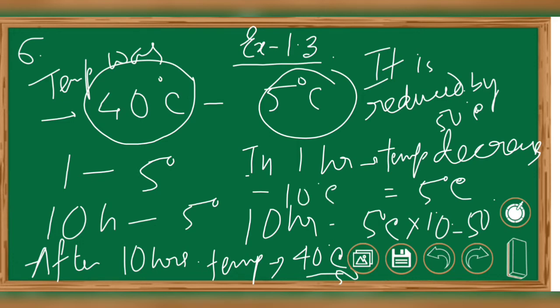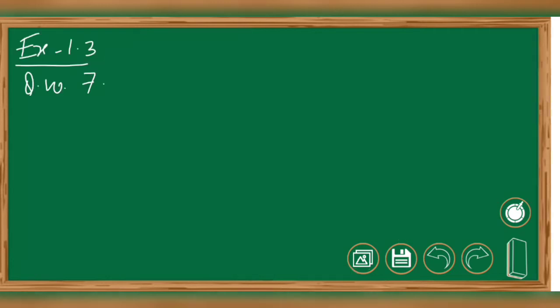Okay, so let's come to the next question. In question number 7 it is written, in a class test containing 10 questions, 5 marks are awarded for every correct answer and minus 2 marks are awarded for every incorrect answer, and 0 for the questions not attempted. Now in part 1 it is written, Mohan gets 4 correct and 6 incorrect answers, what is his score?